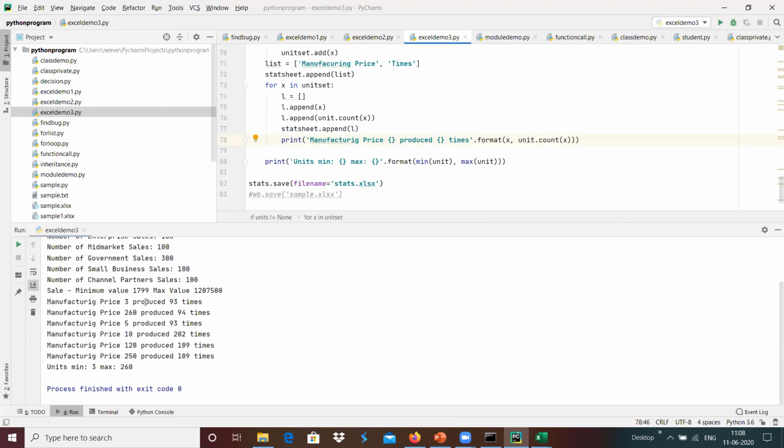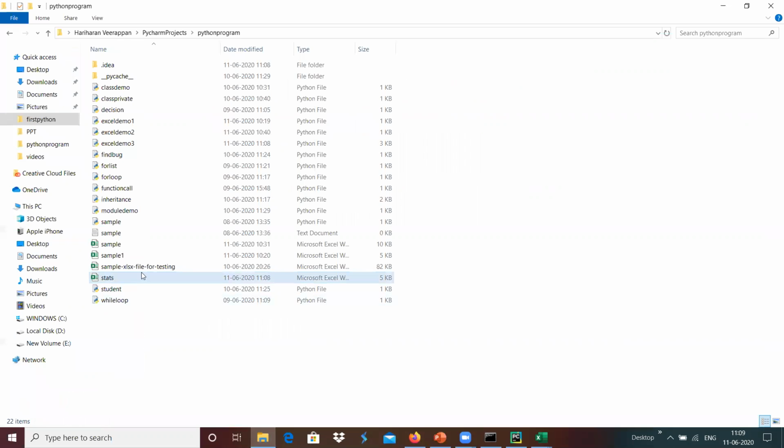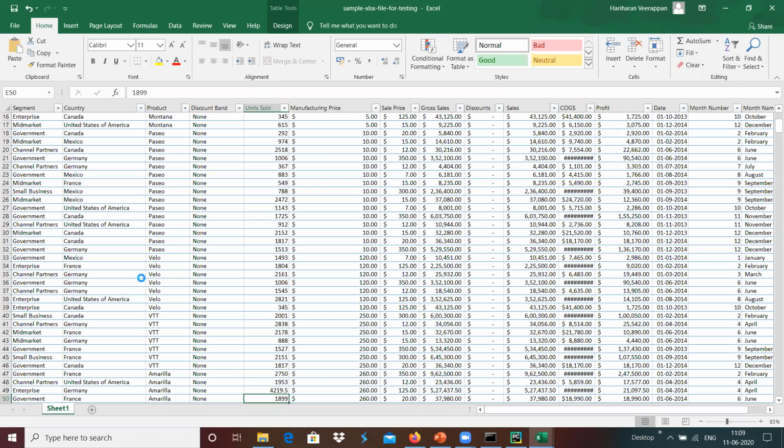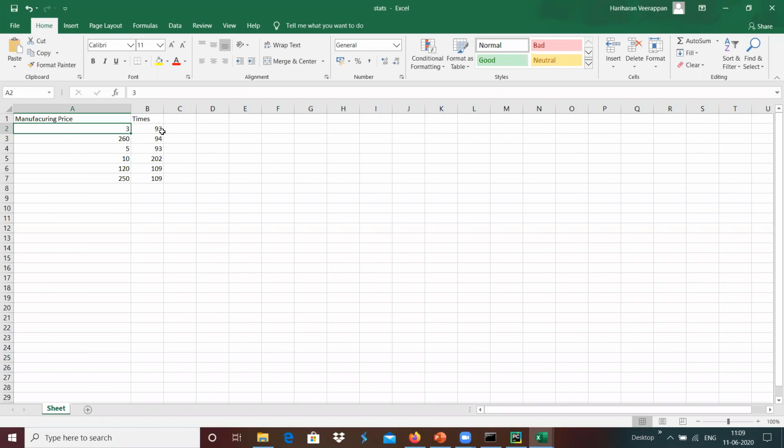We have got $3, 94 times and 93 times, and $260 which is 94 times, and $5, 93 times, and we have $10, 202 times. Like that, we have different data over here, and we can see how that data has been populated. The manufacturing price: $3, 93 times, $260, 94 times, like that.